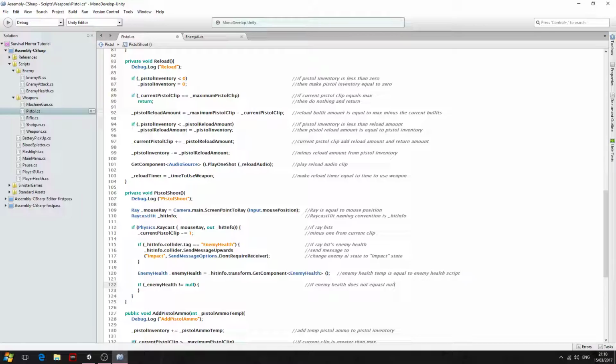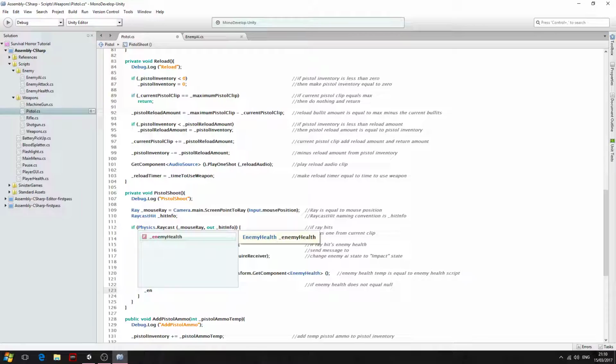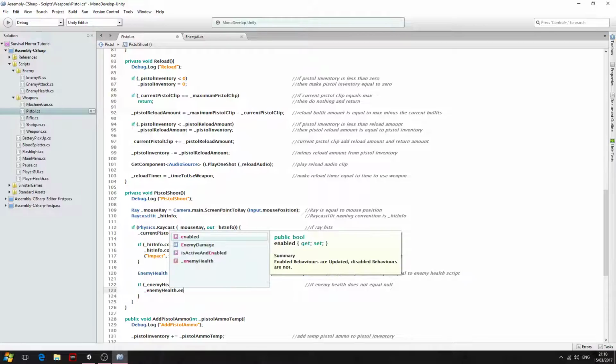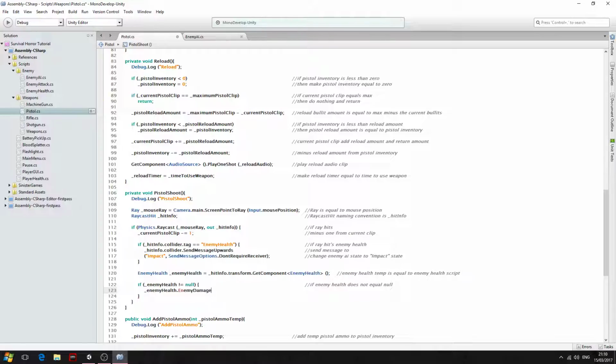So basically, if the enemy still has some health left, we'll come inside and we'll use the temp naming convention again, underscore enemy health dot, and we want enemy damage. We'll open and close, we'll close the line off, and we'll come inside the brackets here, and we're going to say